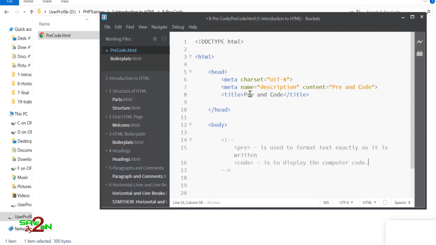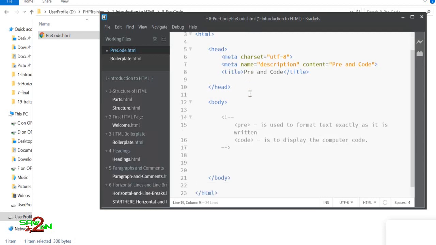Could be C, C++, Java, PHP, JavaScript, any code you're writing in a computer. Okay, you use it under the code tag. These are the tags given by HTML, telling you if you're writing source code, please embed it under the code tag. Okay, so let's write a pre first.